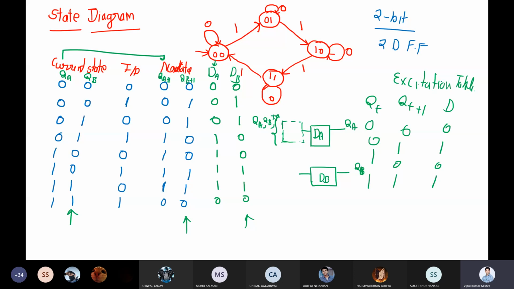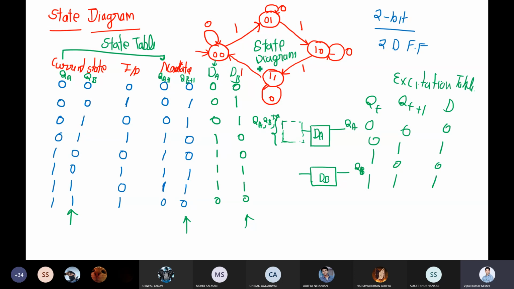Any doubt, guys, on how you filled the information of DA and DB, or how you made the state table from this state diagram? Anyone, any doubt on this? So this is your state table and this is your state diagram. How to make this state diagram, we'll discuss later.